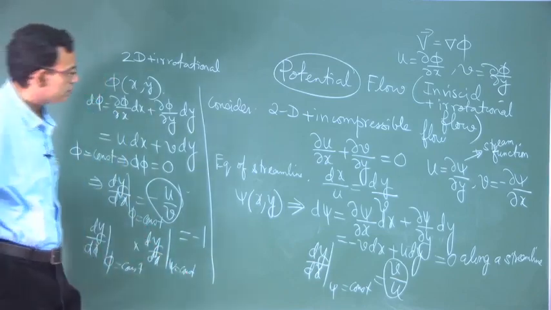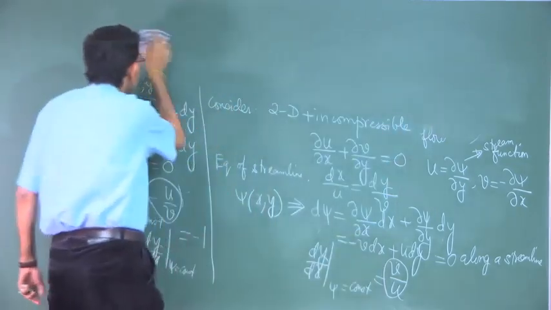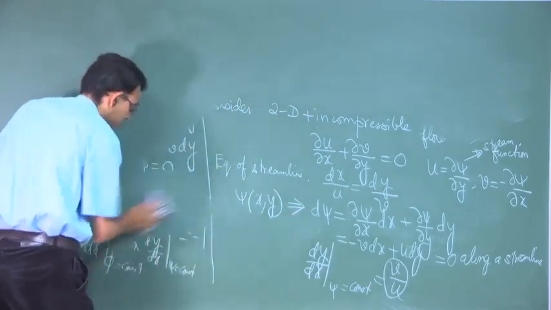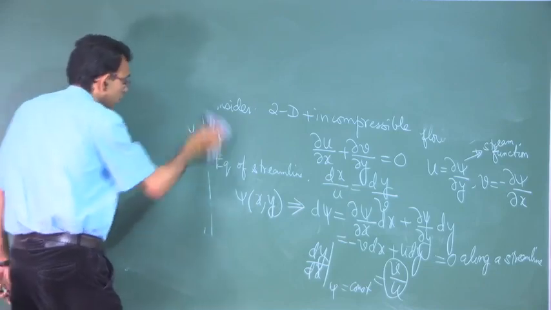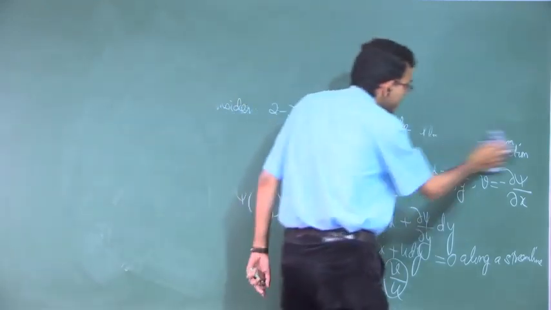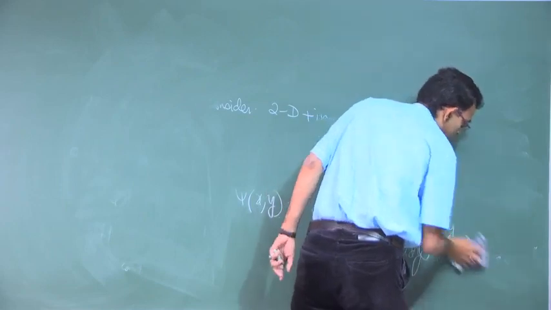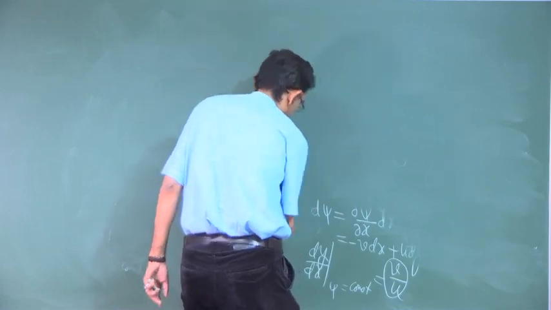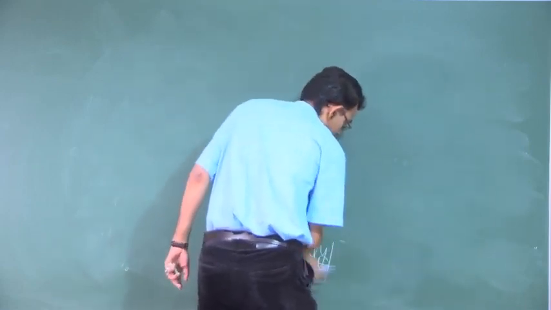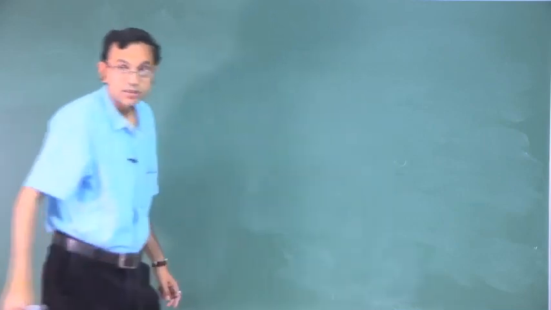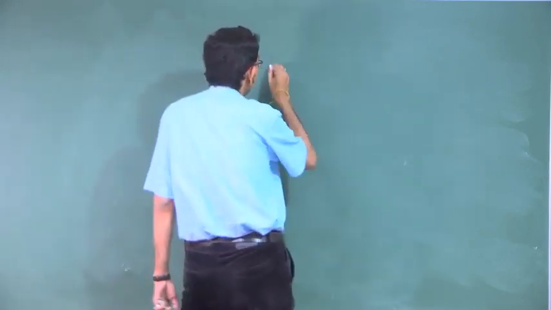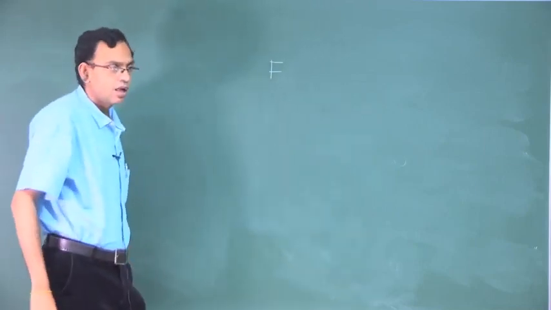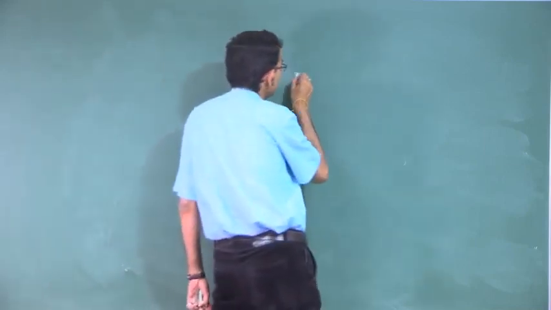So, now because phi and psi are orthogonal to each other, we can define a complex function based on phi and psi. So, we will try to define that complex function now. So, let f be a complex number. We can write f